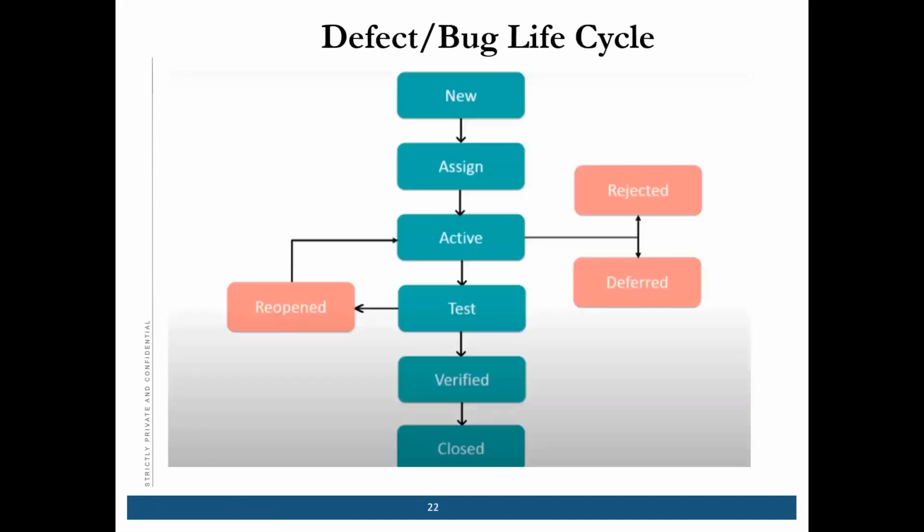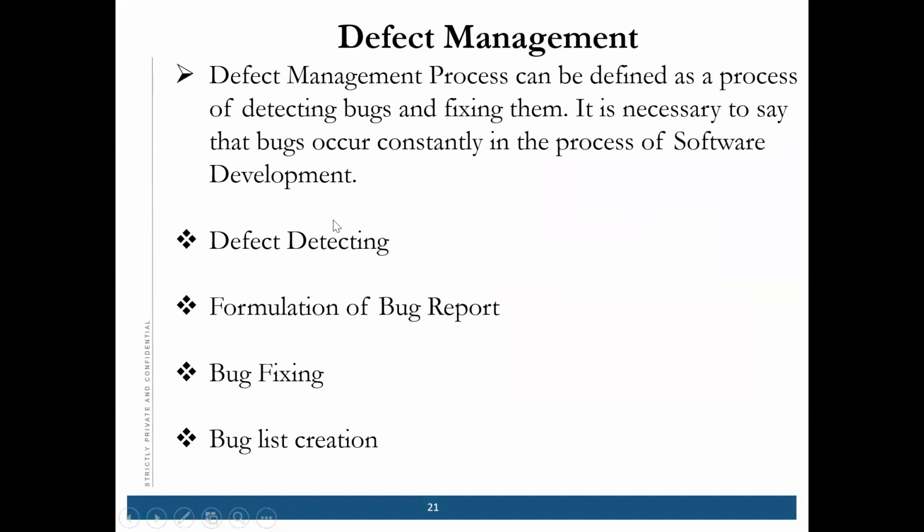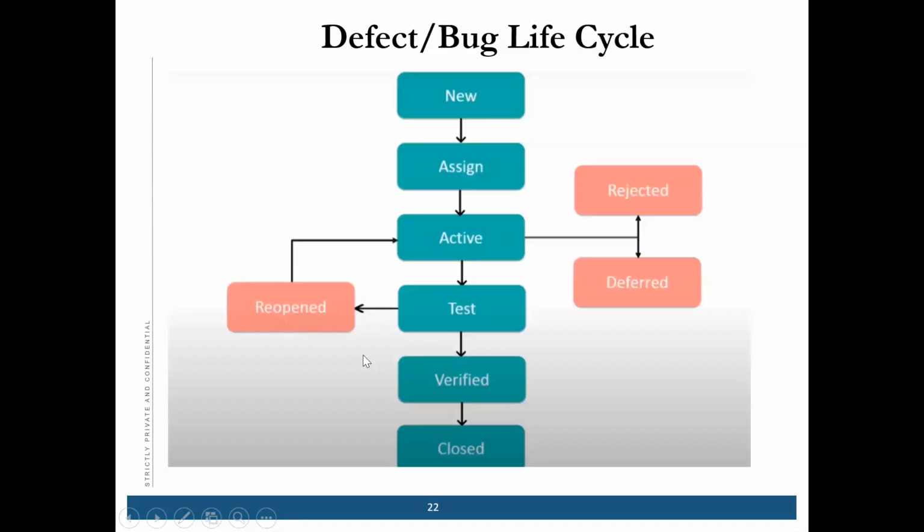Okay, the next will be the defect bug life cycle. The bug life cycle starts when you get a new defect. Here we are finding a defect and reporting a defect, bug reporting. So this is the way you report the bug. What is the first step? You found a defect, then you file a defect in the system given by your organization. This is the start point of your defect.